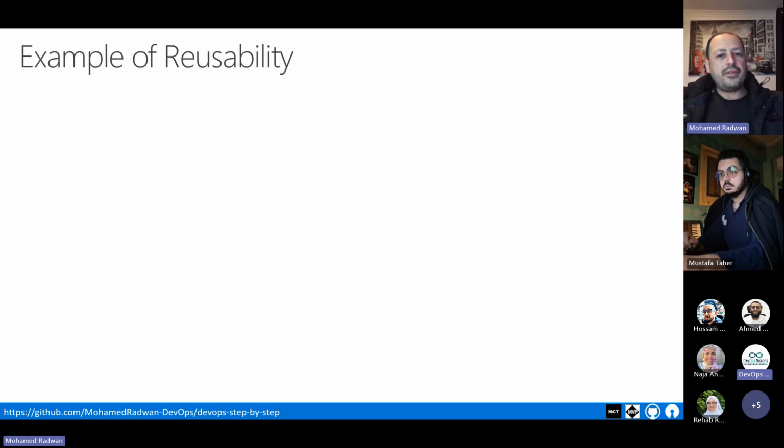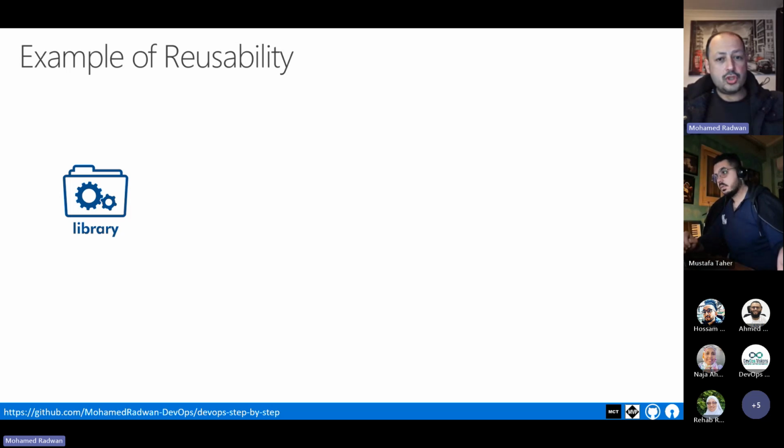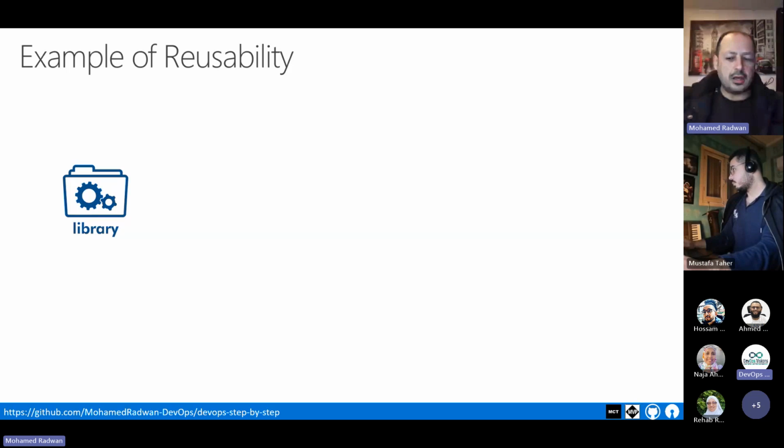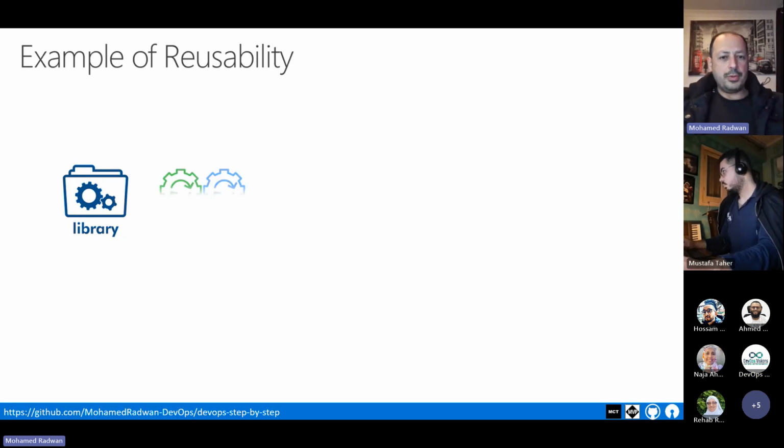Okay, just to give you a few examples of reusability. You may use reusability by creating a library. So instead of writing the code repeated times, you just encapsulate it in one library and add a reference from several applications to this library. And then you can use this library with hundreds or maybe thousands or maybe even millions of applications. So this is like, for any technology, even they provided libraries.